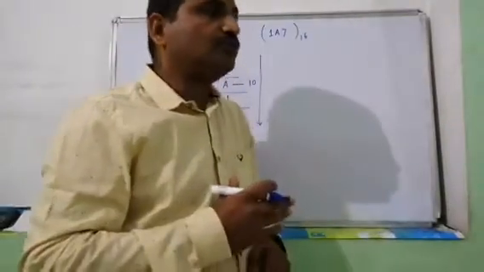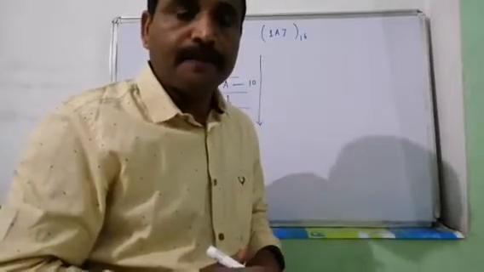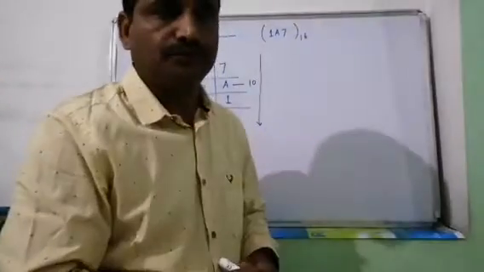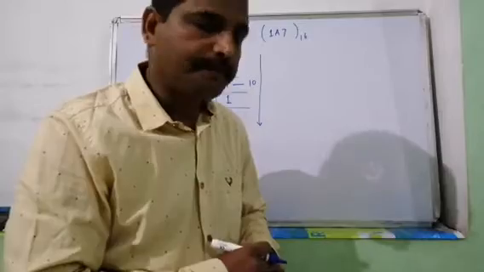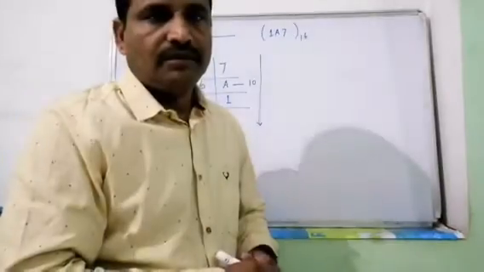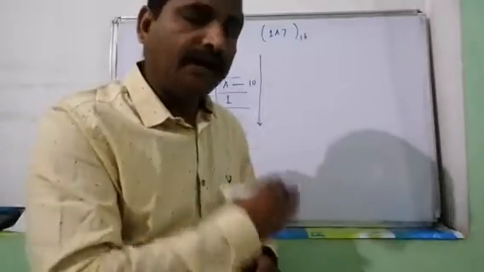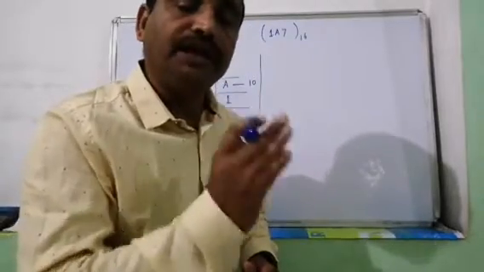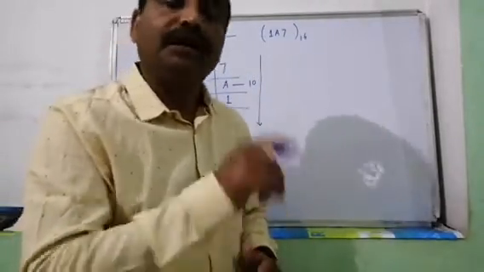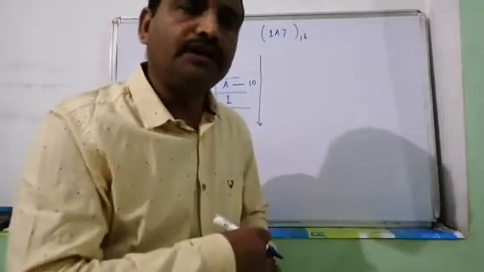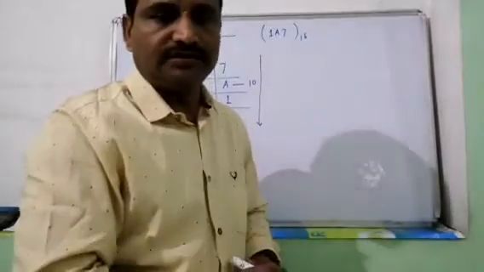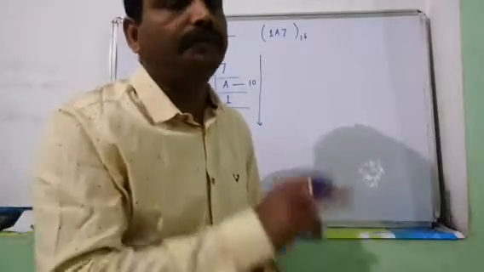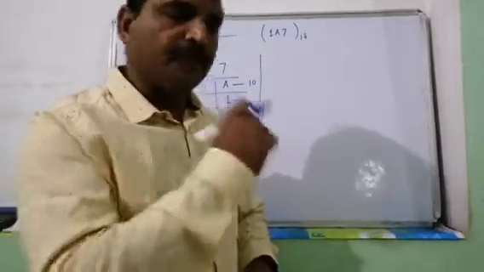What process did we use to convert a decimal fraction to binary? The integer part we divide by 2 and the fraction part we multiply by 2. In the same way, when converting decimal to octal, the integer part is divided by 8 and the fraction part is multiplied by 8. So when we are converting a decimal fraction to a hexadecimal fraction, in the same way the integer part will be divided by 16 and the fraction part will be multiplied by 16. So we have to use this process.